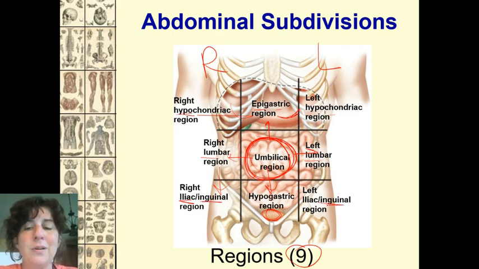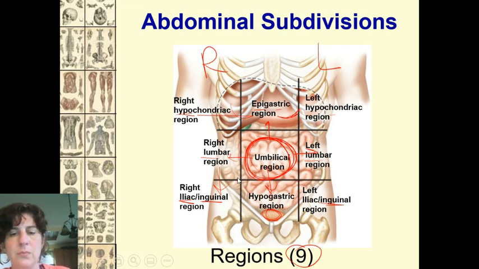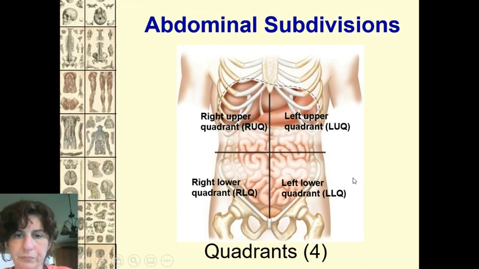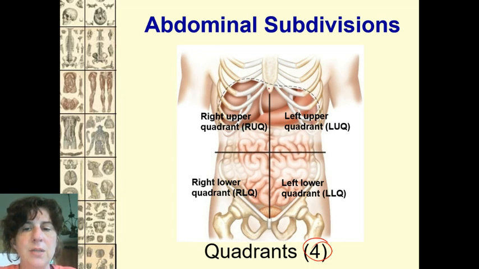Or inguinal. Either one's fine with me. But also learn what's located in those regions, hip bones in the iliac or inguinal. When I ask you for quadrants, there are only 4 quadrants. Quad means 4. You take the abdominal region and you divide it into 4, and we're still right in the center, in the middle of the small intestine.